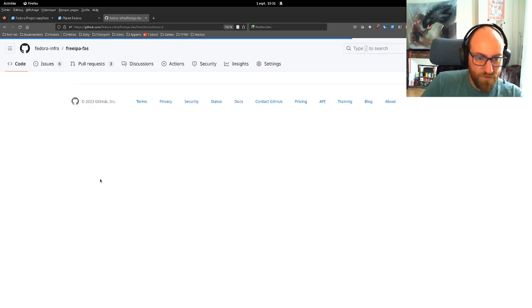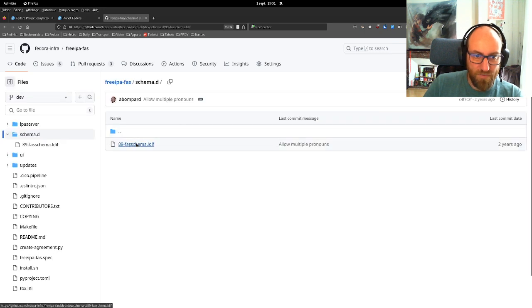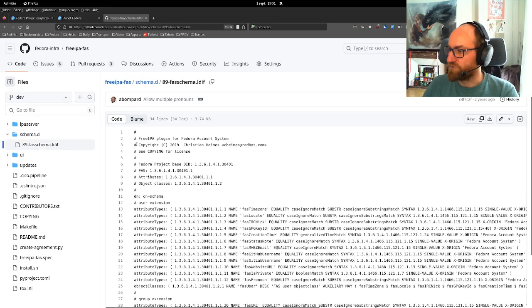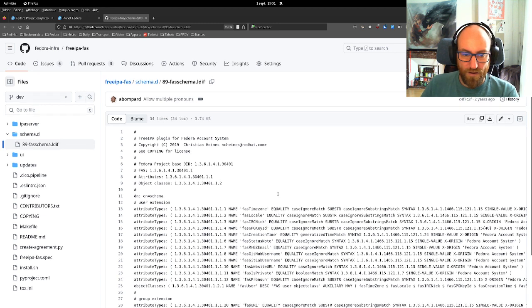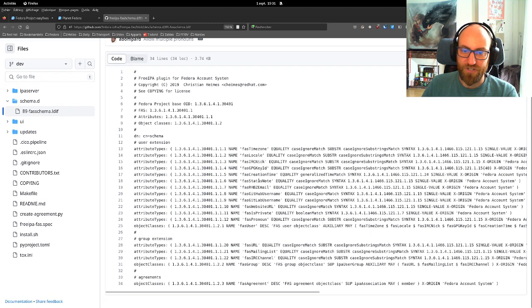Here we have a schema that is added to FreeIPA on startup, and there are a few fields that we add to the profile. There is a group of attributes, called an object class in LDAP language, that we create, and it contains all those attributes. There is a time zone, the locale, the IRC nick for that person,